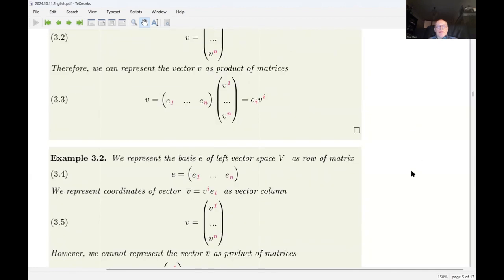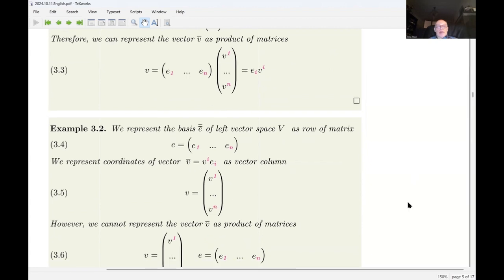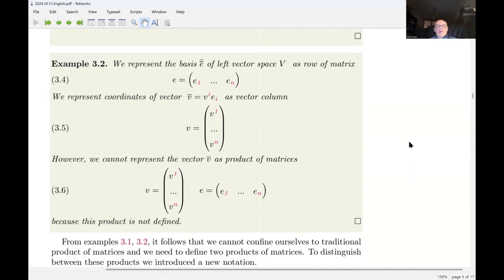Another example. We represent the basis E of the left vector space V as a row of matrix 3.4. And we represent the coordinates of vector V with respect to the basis E as a column vector 3.5. However, we cannot represent the vector V as a product of matrices 3.6 because this product is not defined. From these examples, it follows that we cannot confine ourselves to the traditional product of matrices, and we need to define